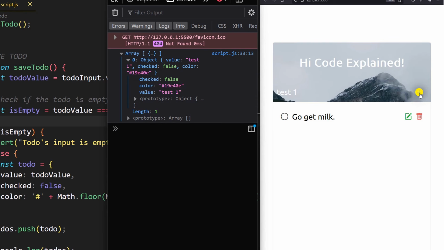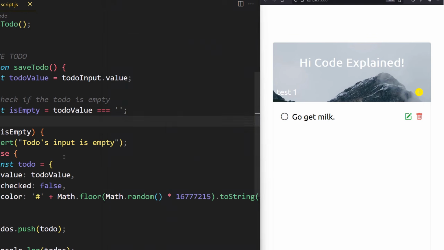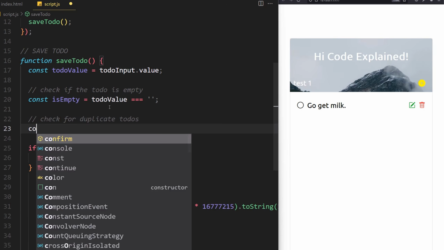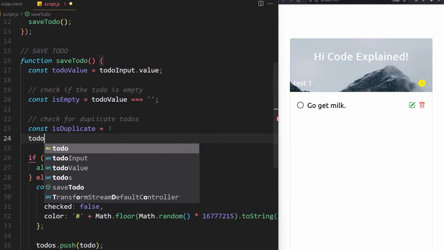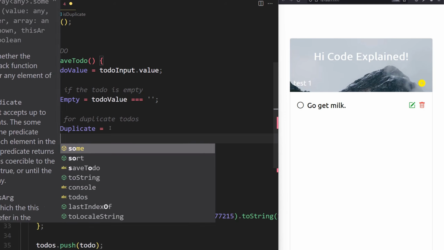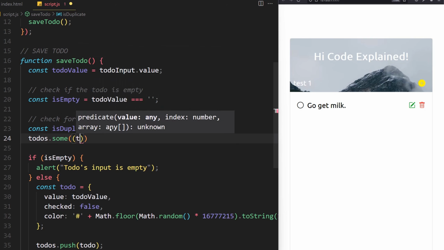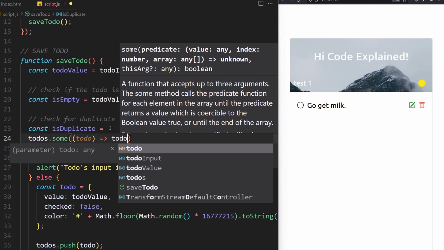If I click back on this button here, I still add the same to-do to my array twice. So I will now need to go and check for duplicate to-dos. For that, I'm going to use another const called isDuplicate. For this, I'm going to use an array method called some. This will take a callback function. So I'm going to go and check if some of the to-dos in my array,